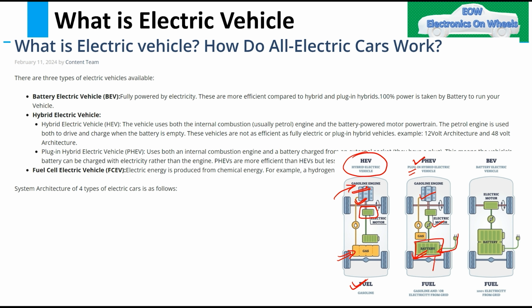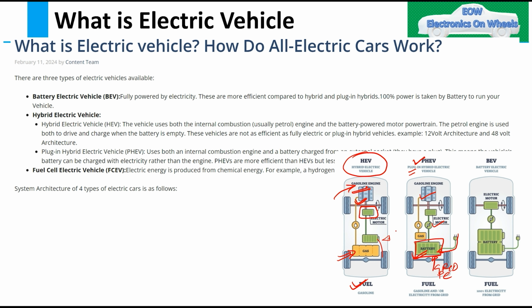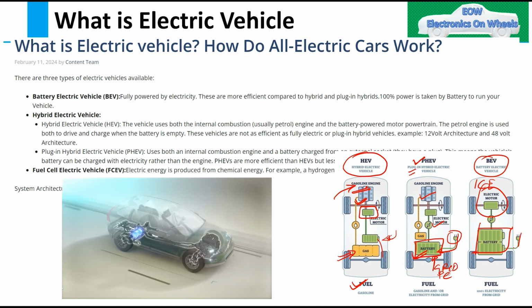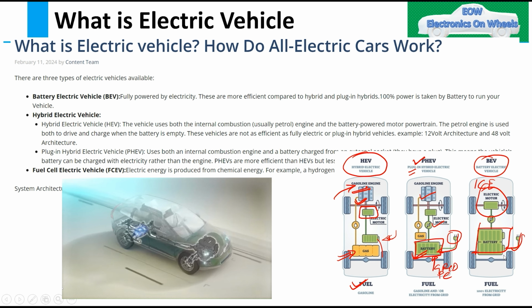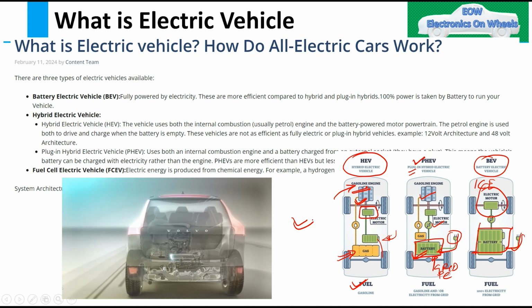So you can charge your battery from the grid and the ICE engine as well. So you have both options, but here you do not have the option of charging your vehicle from the external source. Then BEV is completely battery only and electric motor. You do not have any ICE or gasoline engine, and of course you have to charge your battery from the external source. So this is the gist of this particular slide. So moving further,